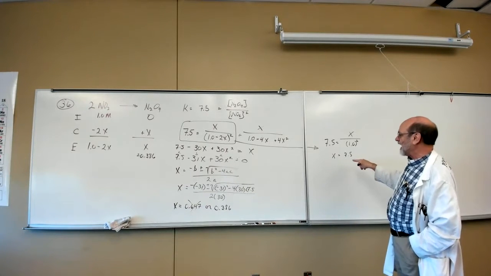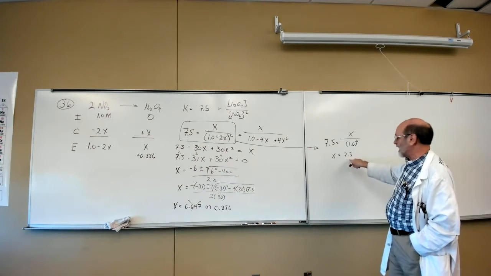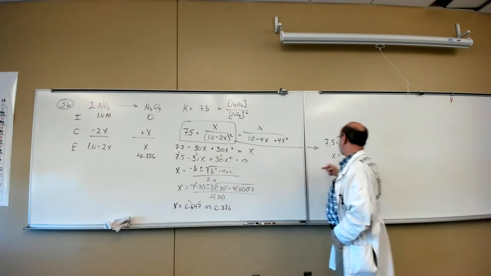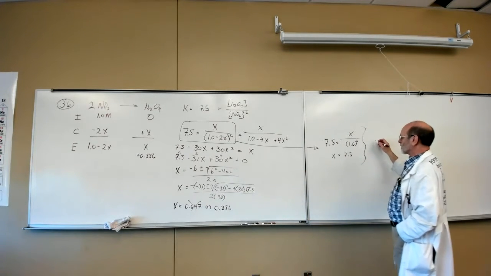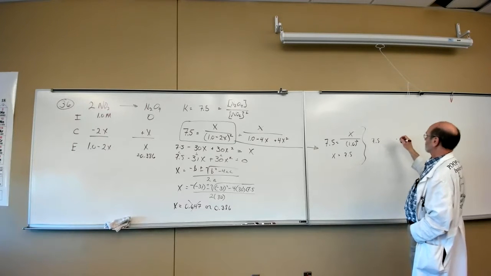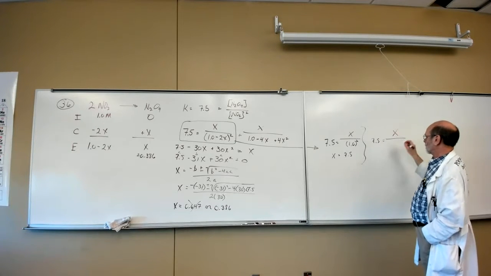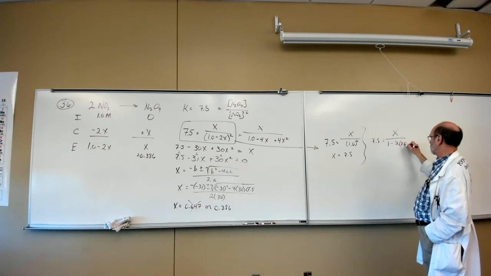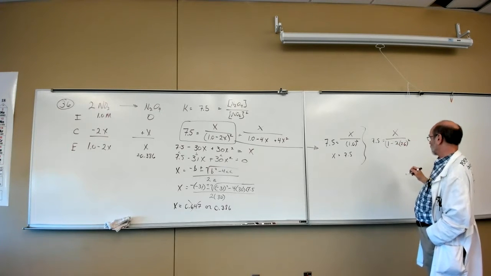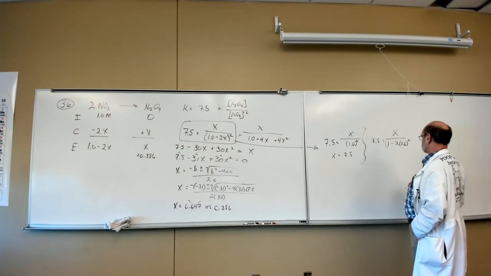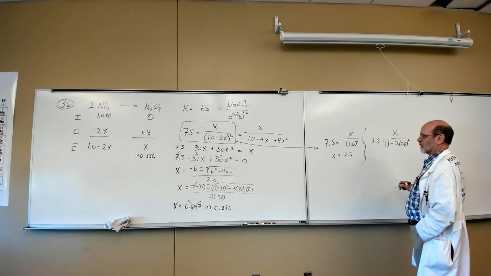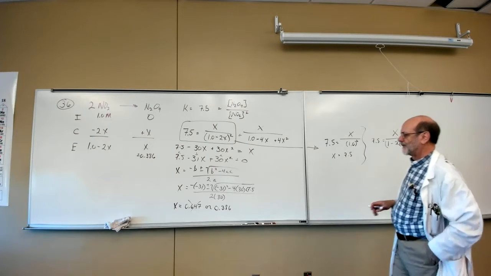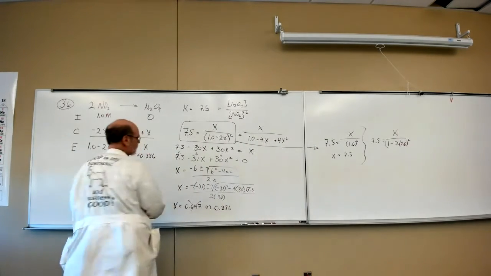So what you do is you take the x and this x and you put it back in here. So this is our next iteration. I hope this works. 7.5 equals x over 1 minus 2 times 7.5. But not the x on top. Right, because that's the one we're going to solve for. You know, this isn't going to work because that makes x even larger. It's going the wrong direction. So let me see, what have I done wrong? If we're going to iterate,